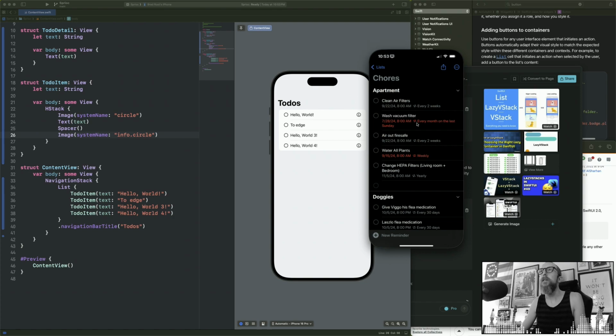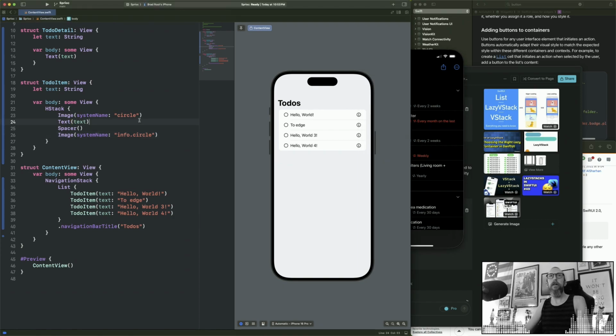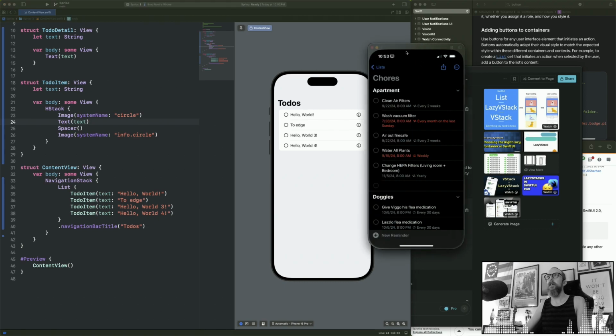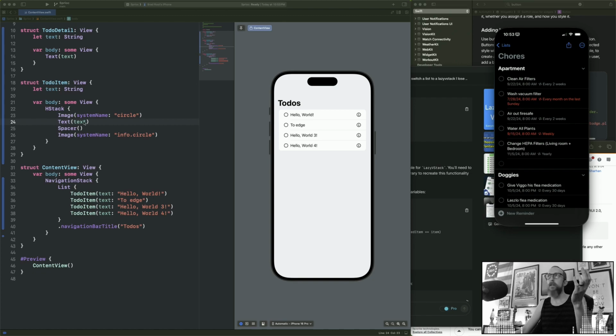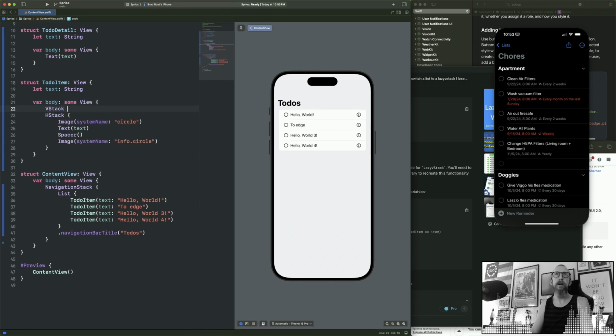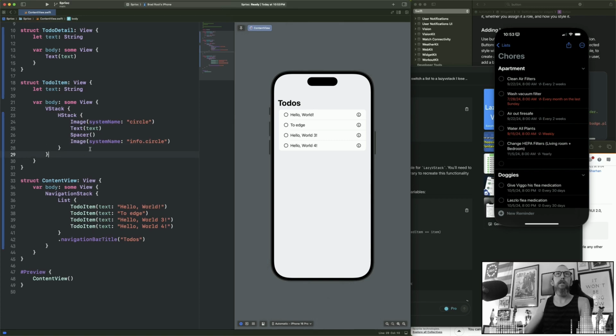Yeah, it basically does that. There's like a date and stuff. Let's add a date. Looks like the date should go right underneath the name, but not offset the button. So really, we want the VStack back, and